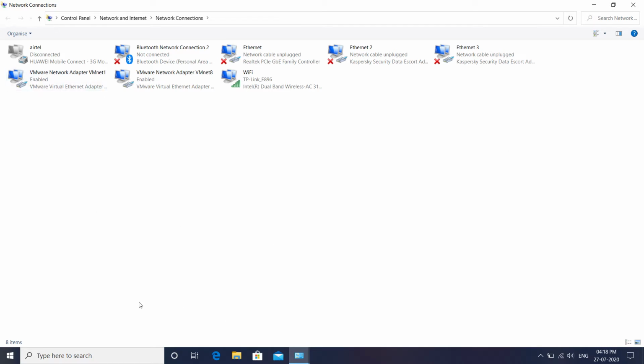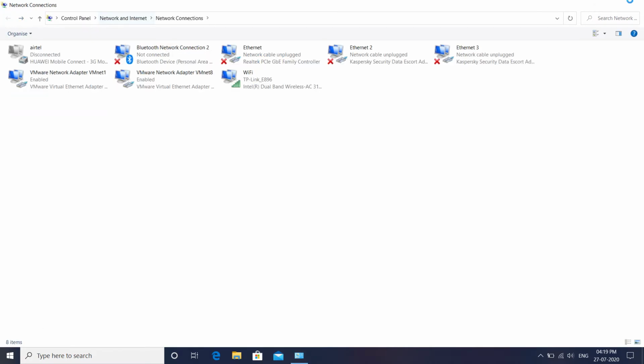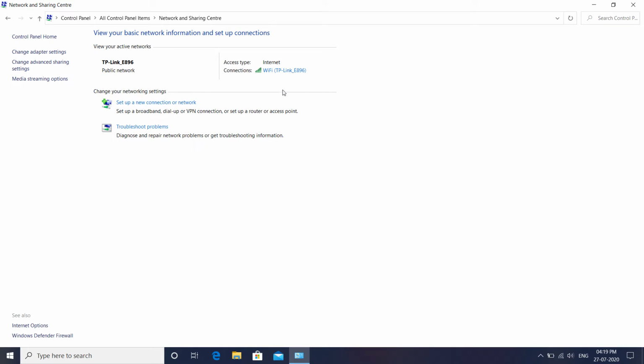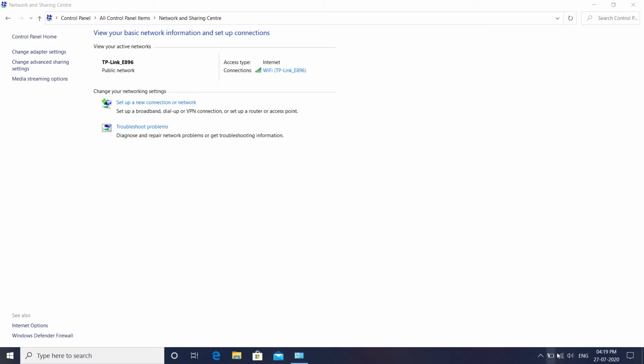Okay, so the main key step of this is you have to connect to your Wi-Fi network at that time. Whenever you want to retrieve your Wi-Fi password, you must be connected to your network. Suppose I want to retrieve the password of TP-Link, so that's why I connected my TP-Link to my Windows